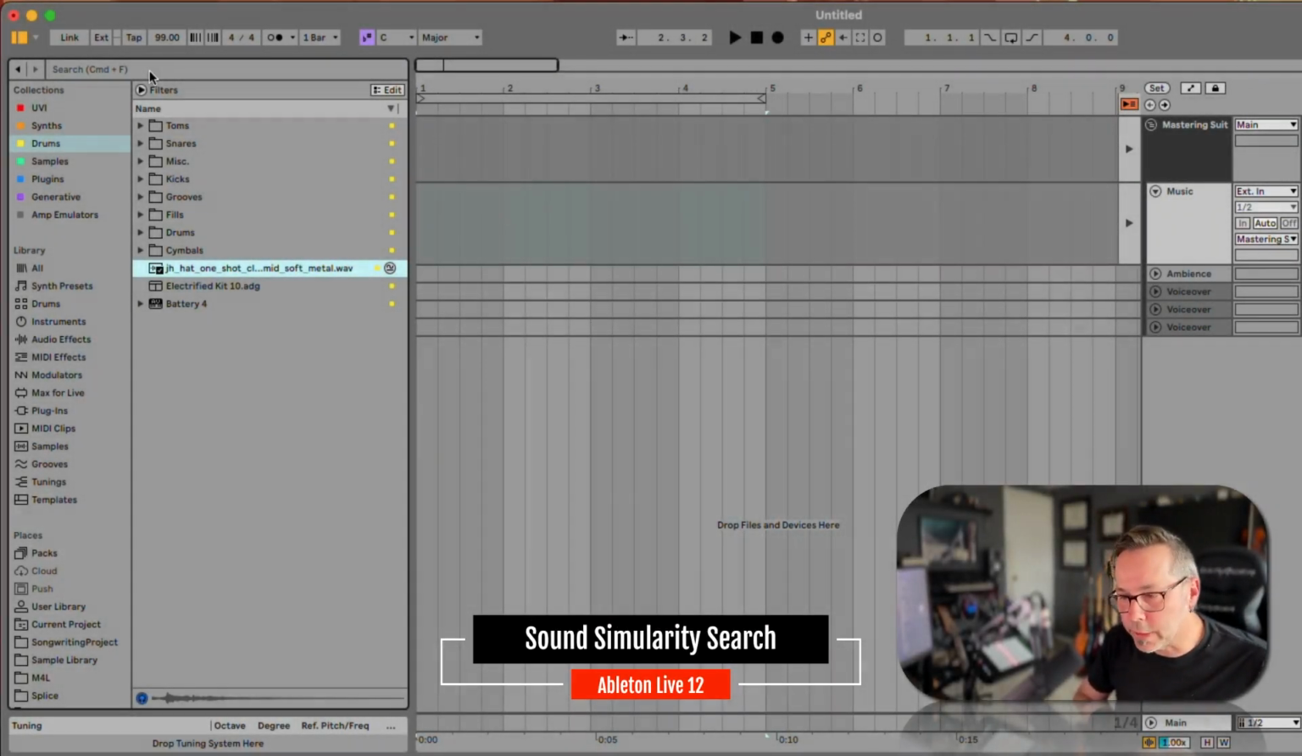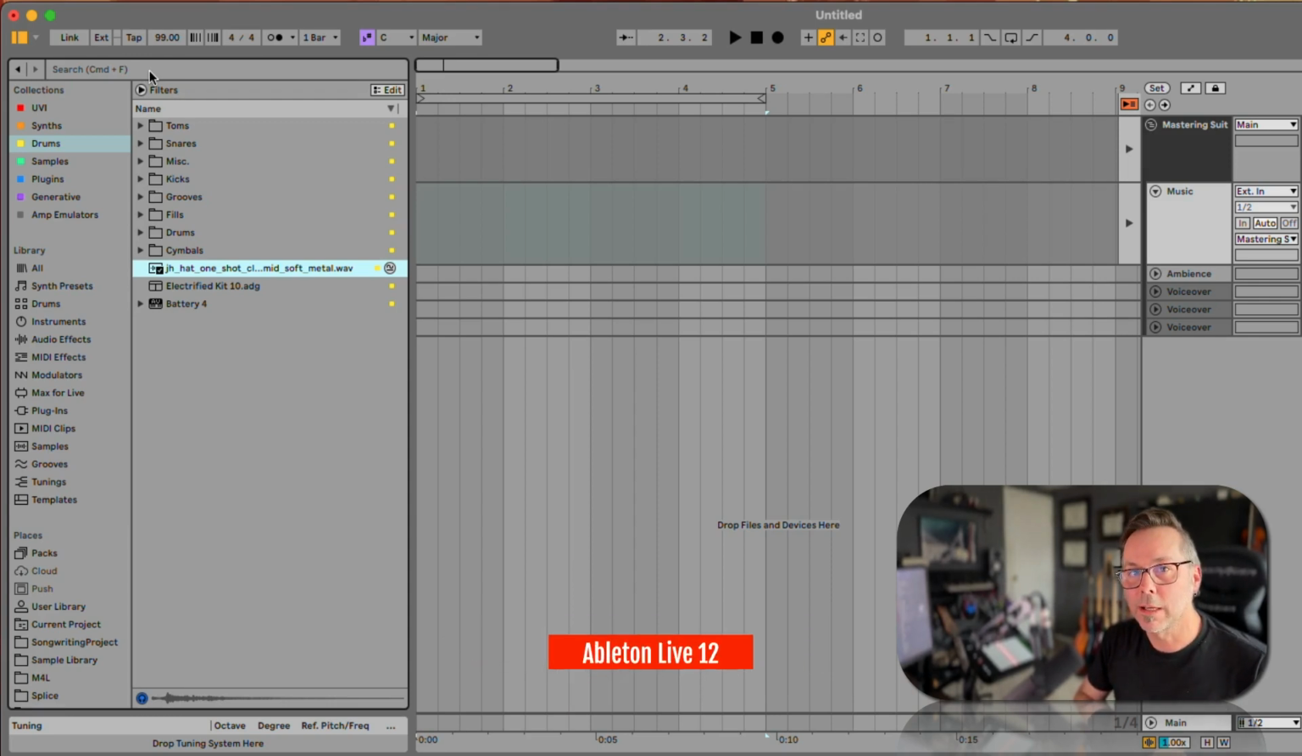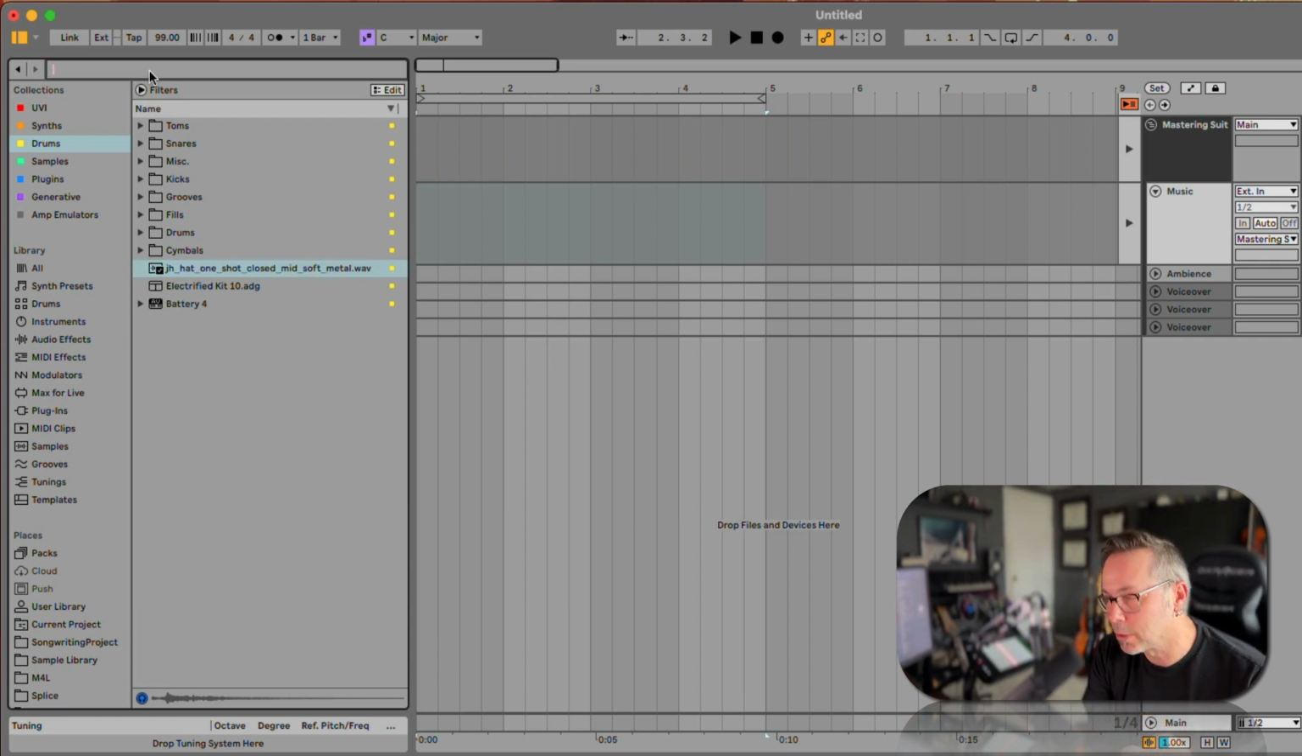Okay, there's a new feature that will help you find things in kind of a freaky way. It's called the sound similarity search. So, check this out. Let's go to